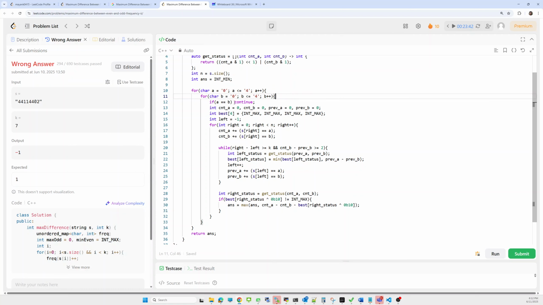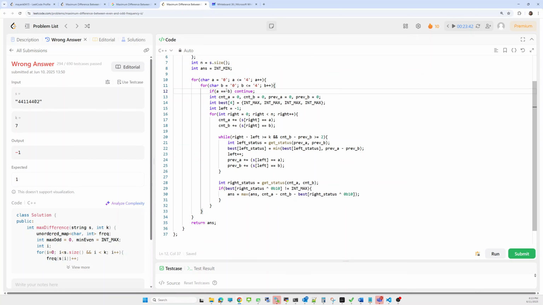If both characters are the same, then we continue and do nothing else. Take four variables, calculating the frequency of each, count A and count B, and to maintain the frequency from the left side, previous A and previous B.